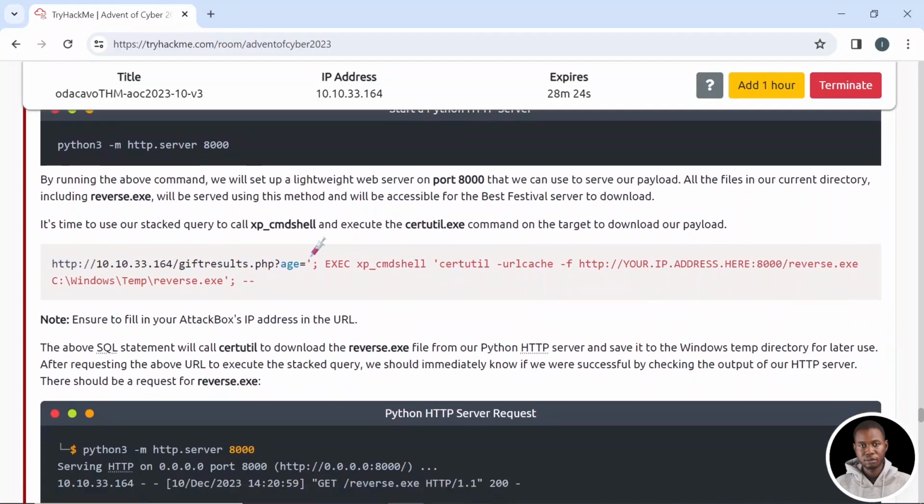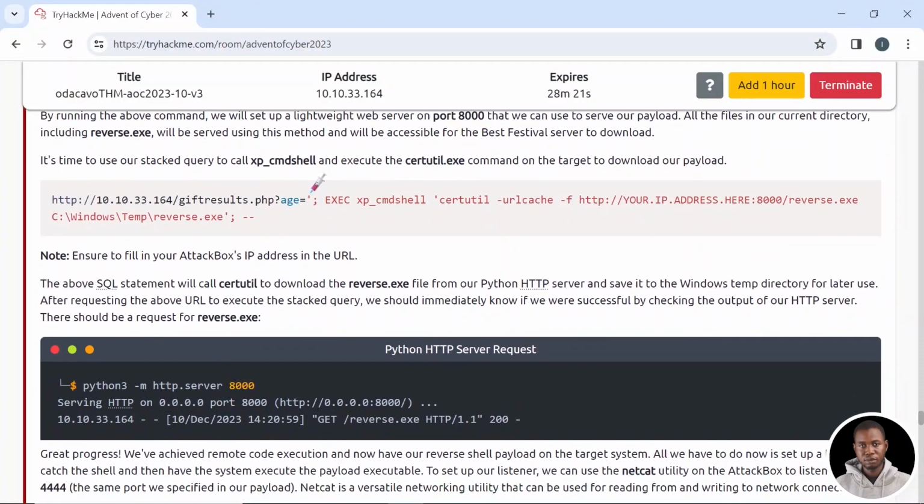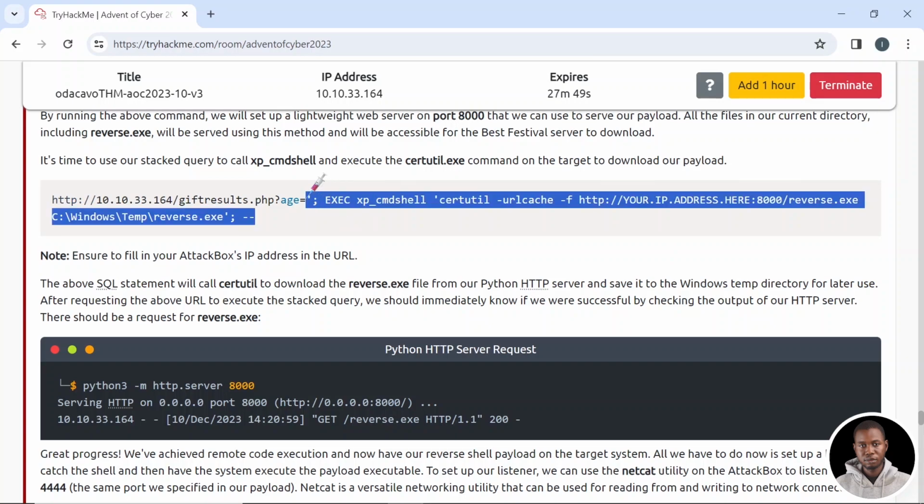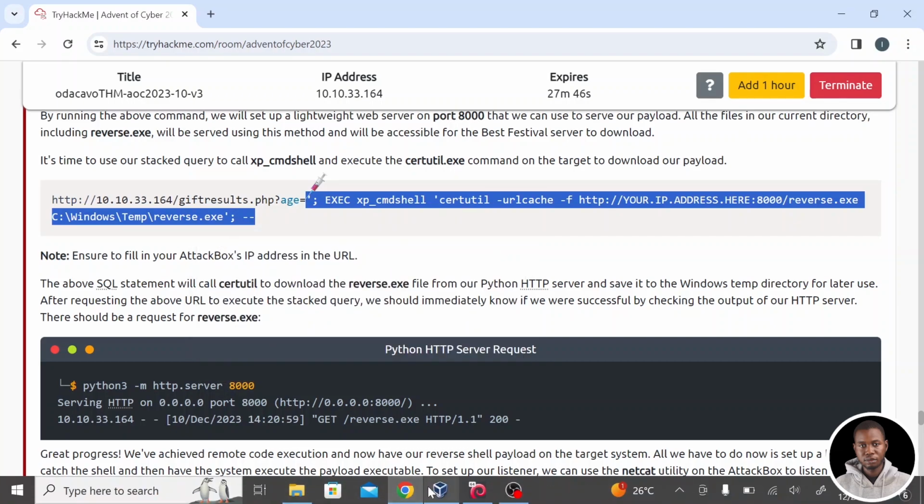And the next action is to use the stack query to execute the xp_cmdshell using the search util to upload the payload into the web application. Then we're going to specify the IP address of our local machine on the port that we're serving it with. And we're going to specify the name of the application, then the location we want to put our payload on the remote machine. So let's quickly do that. I'm going to grab the payload. Let's start from here. Copy, and let's head to